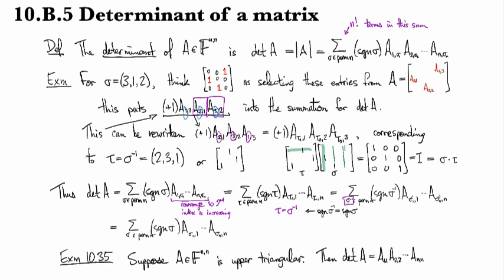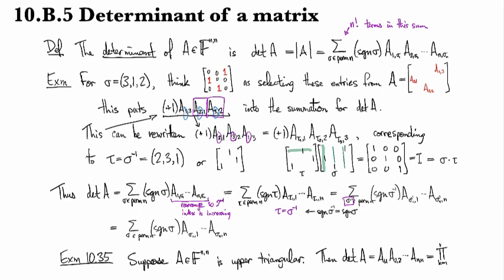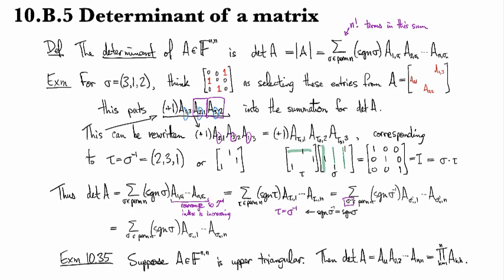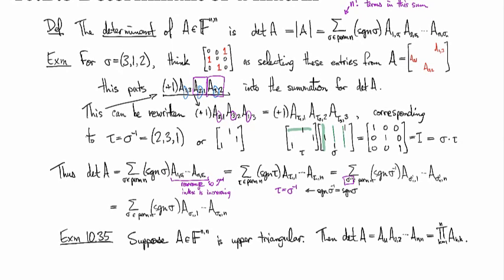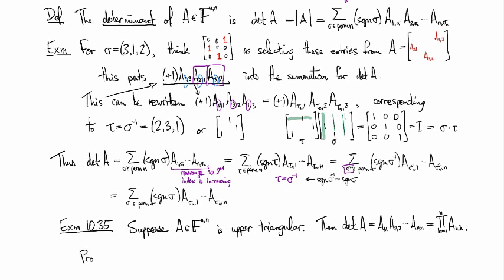So you just multiply together the things on the diagonal. And this is familiar to you from your previous course in linear algebra. So the product of diagonal entries is the product of the entries whose indices are equal. And so the proof for this, such as it is, is that